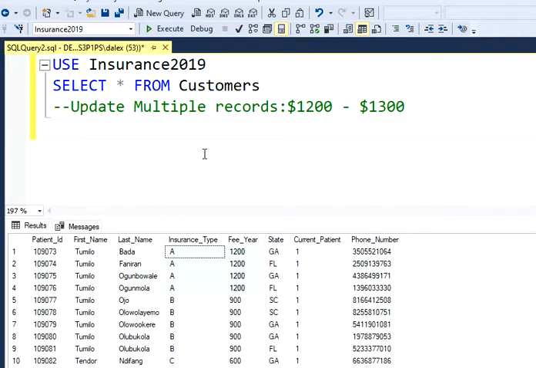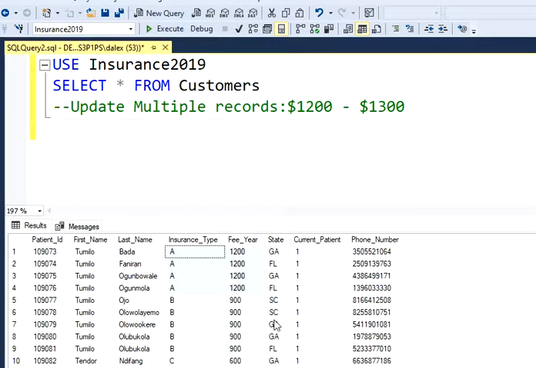This is Dimitri. So in this case I'm going to show you how to change multiple records. So I'm going to explain to you the scenario. We're going to pretend that there was an error in the system and they want you to change all of the values that are $1,200, and they want you to change those values to 1,300. So a way to do that is to update all of the values that match 1200